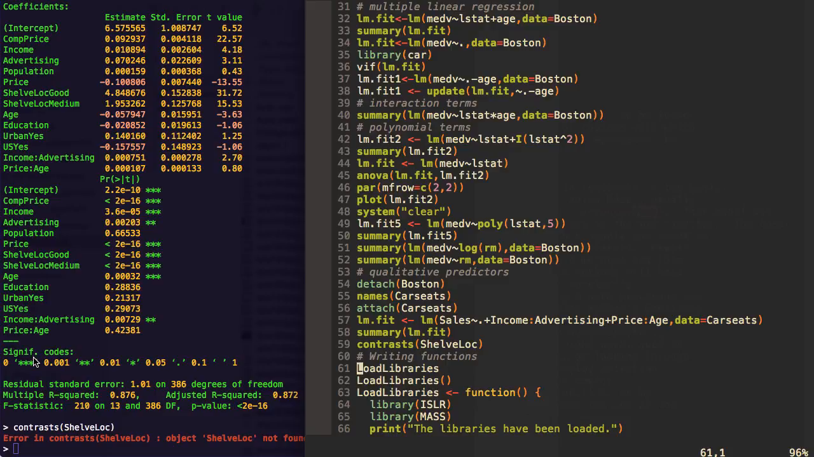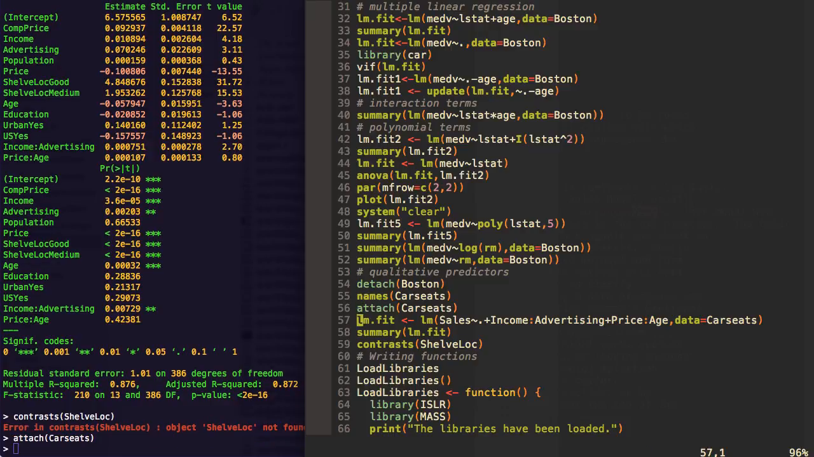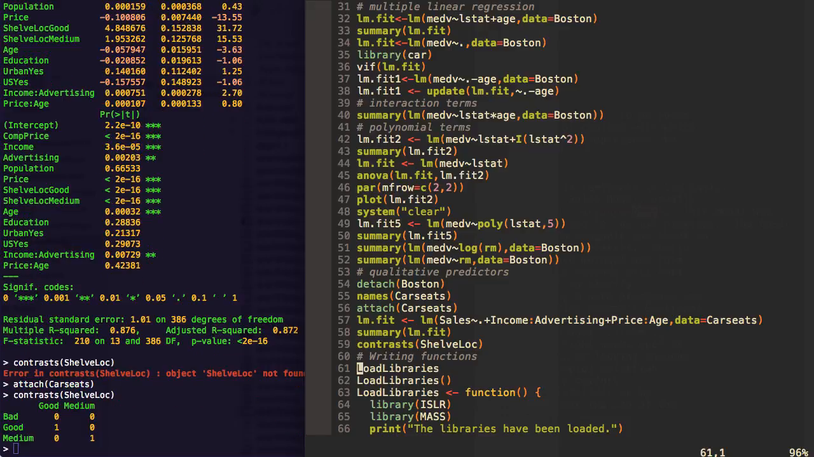What do you mean shelf loc not found? Didn't I attach car seats? There it is. Okay. Huh, weird. Okay, so